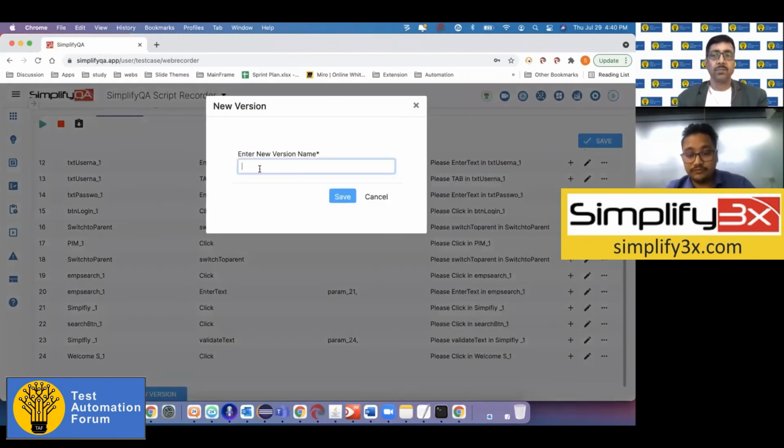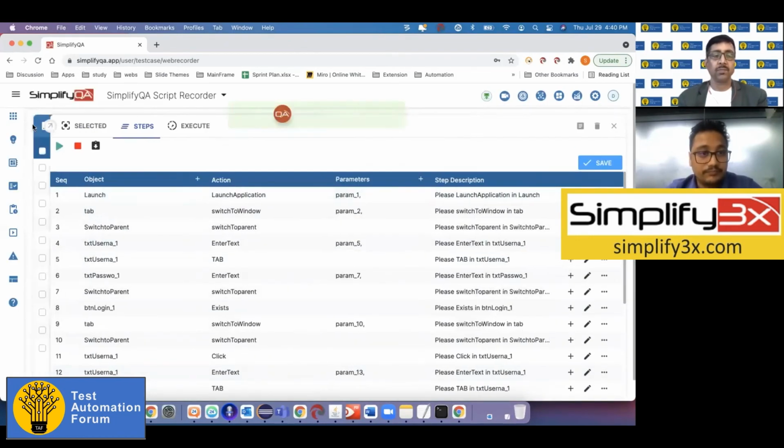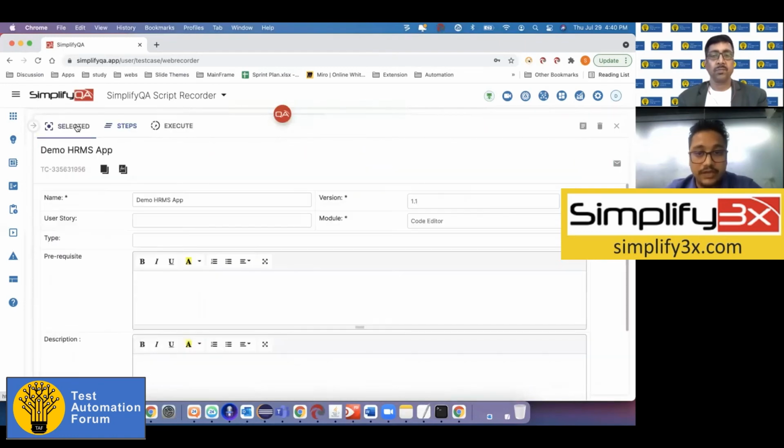So my previous version was 1.0, I can just call it version 1.1. And once I have this version ready, right now you'll see my test case, right? I have now two versions available. One is 1.1.0, which has an additional step for the username, and then I have version 1.1. So in that way, my overall maintainability becomes easy because I have done the changes very easily by